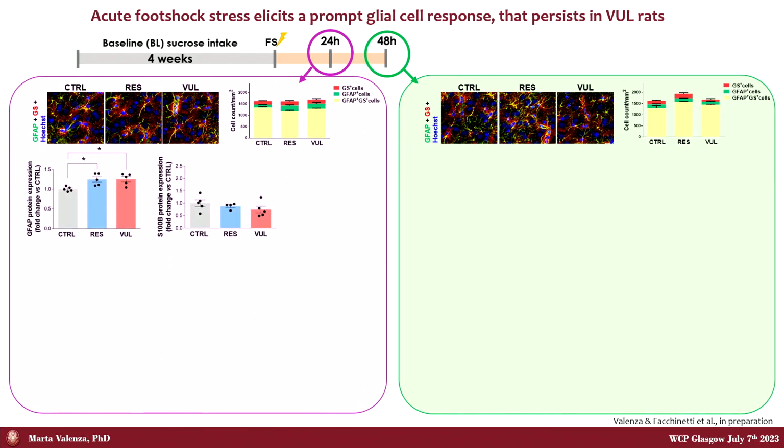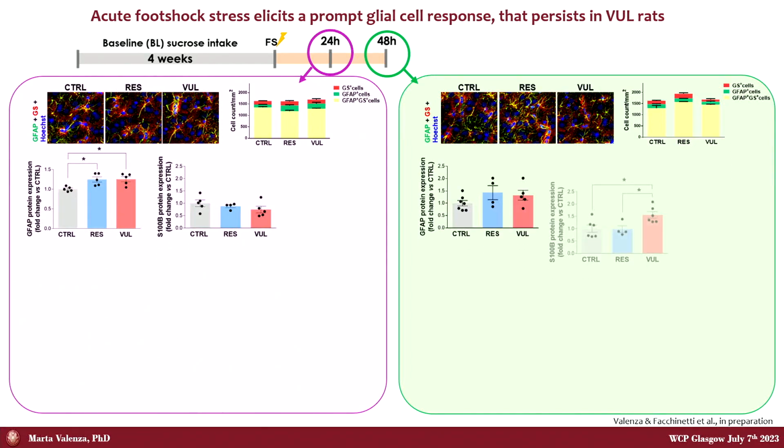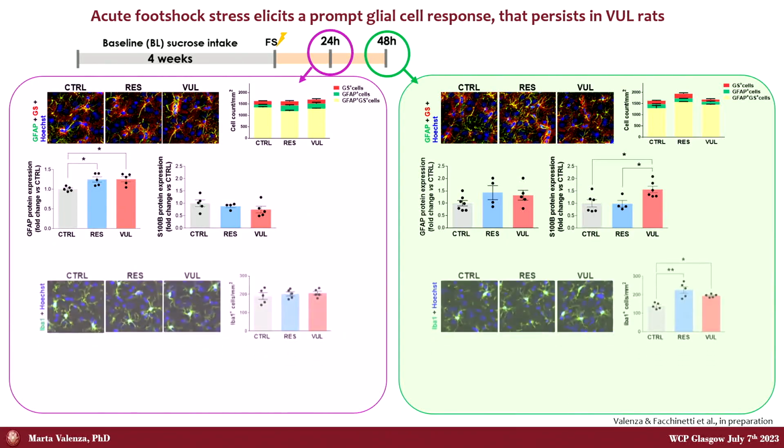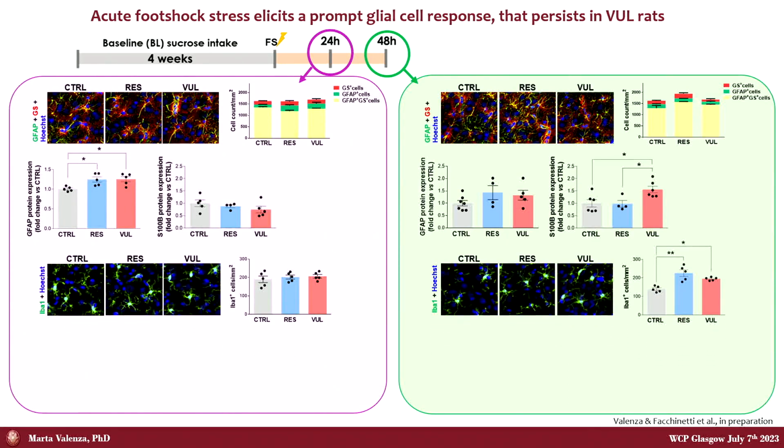But we saw an activation of astrocytes as induced by stress as early as 24 hours after stress that became reactivity 48 hours after stress, with a higher expression of S100B selectively in vulnerable rats. And this is a neurotrophin expressed by astrocytes that usually is increased upon brain injury, so it's a measure of astrocyte reactivity. When we looked at microglial cell density, we saw